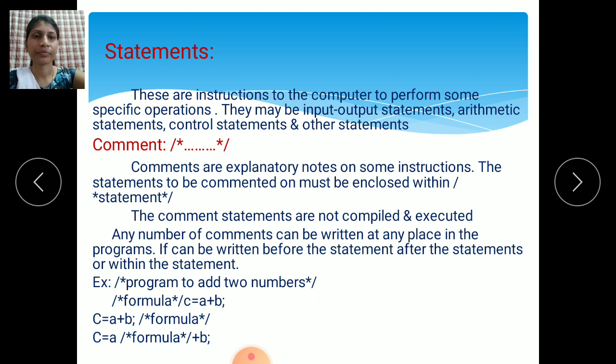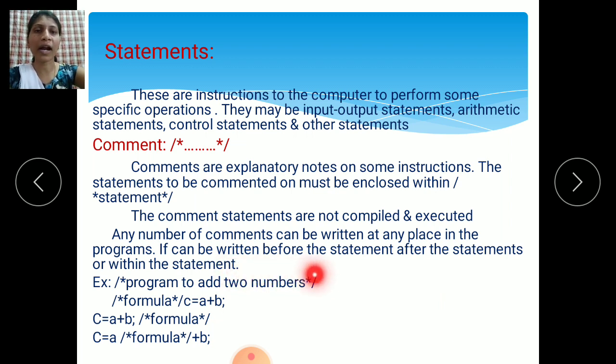For example, see here, this is the format to write down the comment: slash star, program to add 2 numbers, star and again slash. If you want to write down the program name or program question, you can use this.